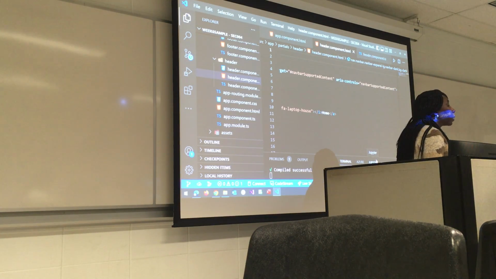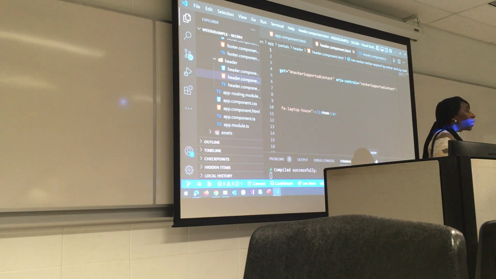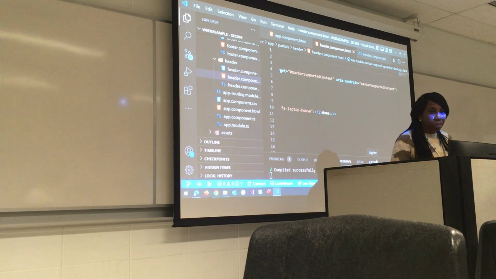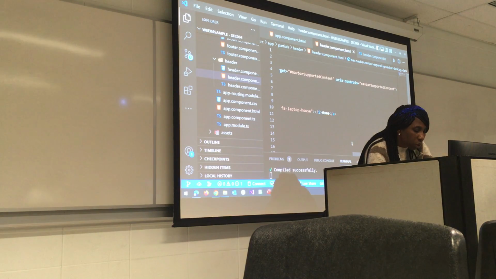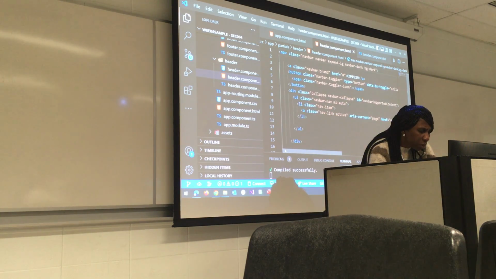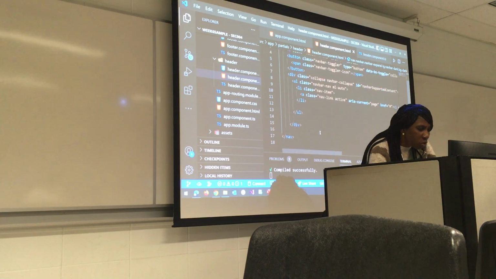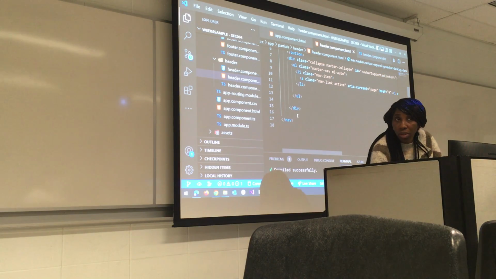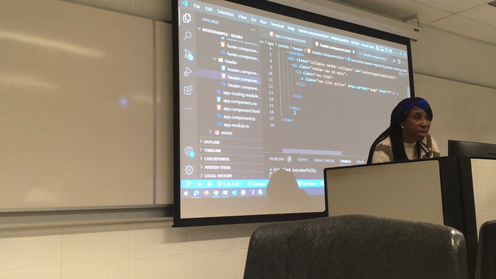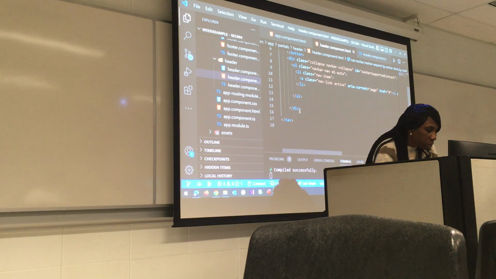This is for the navigation bar, the list item. Can I scroll back to left? Line 11. So remember to remove one div. We have deleted one div element, so remove the closing of the div element. Right? So I need you to just copy and paste this.